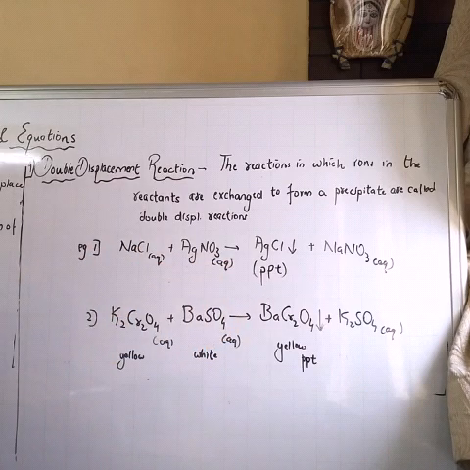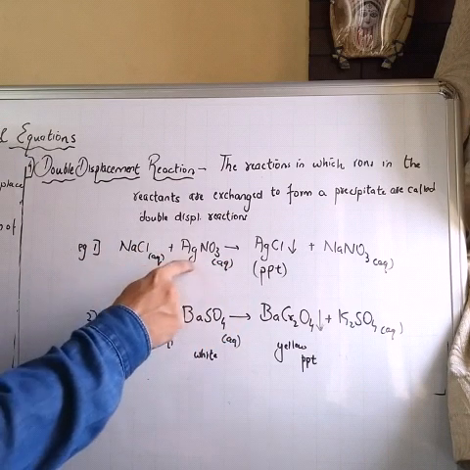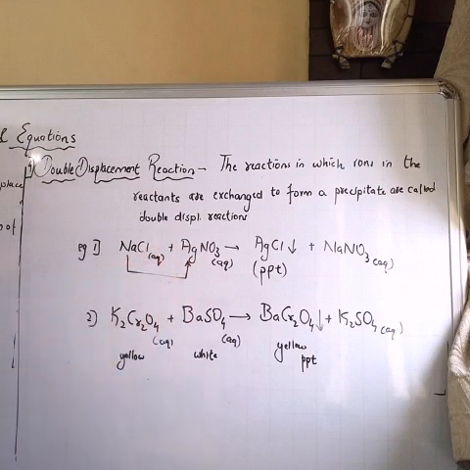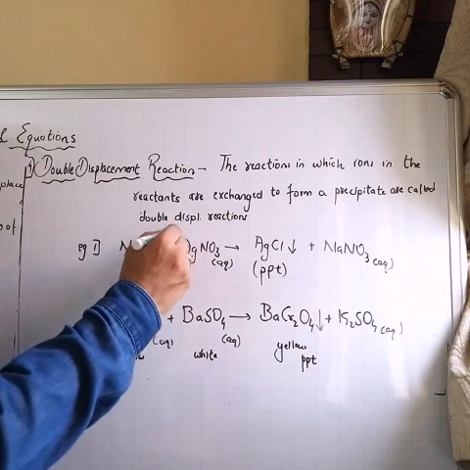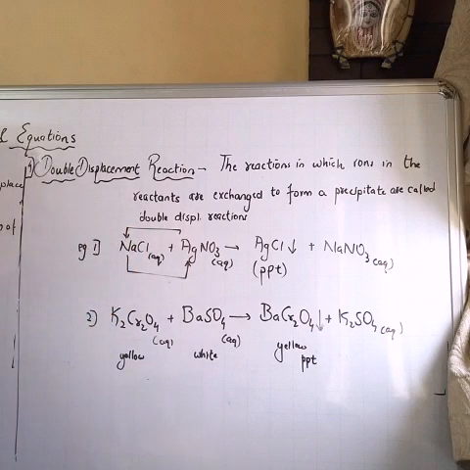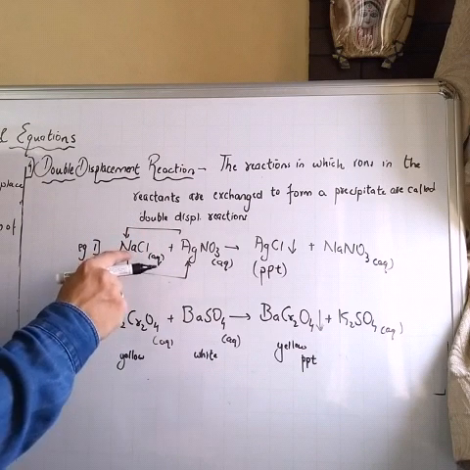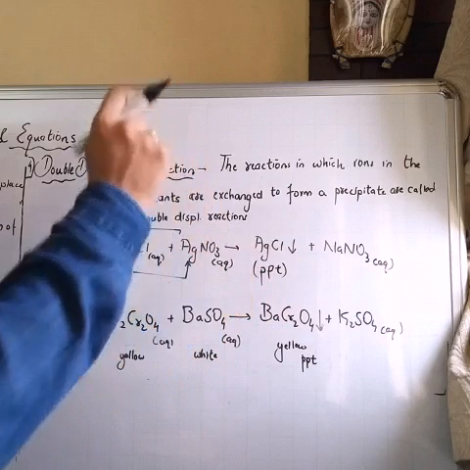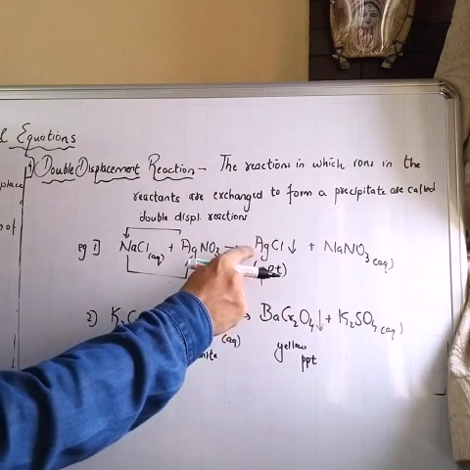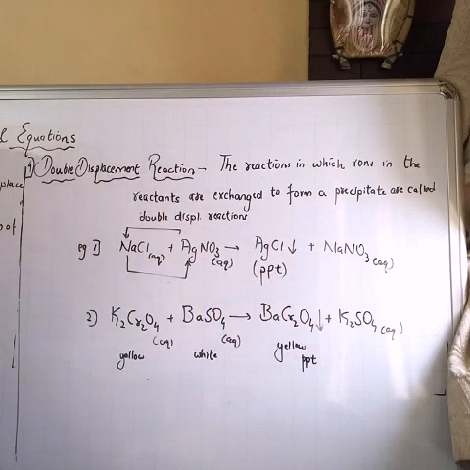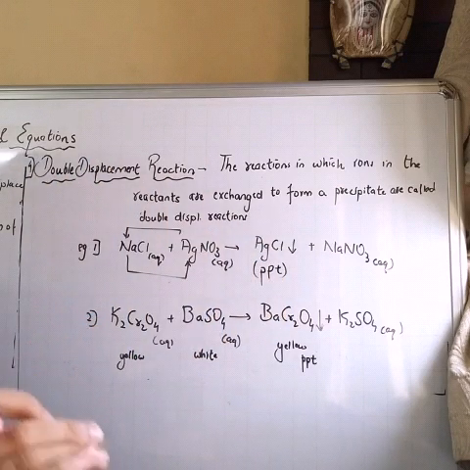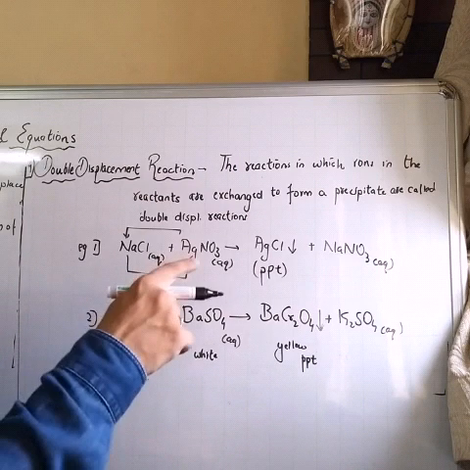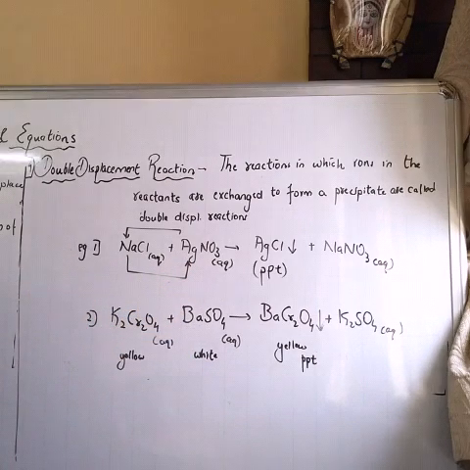Now first we talk about two aqueous solutions. One is sodium chloride and one is silver nitrate, NaCl and AgNO3. Over here, sodium, which is highly reactive, removes silver, which is less reactive, and silver takes the place of sodium. And the compounds we get are sodium nitrate and silver chloride. Always the one which is less reactive forms the precipitate. This is not given in the text, but understand, sometimes you may have a confusion: which one is a precipitate? Always remember, the metal which is less reactive will form the precipitate.